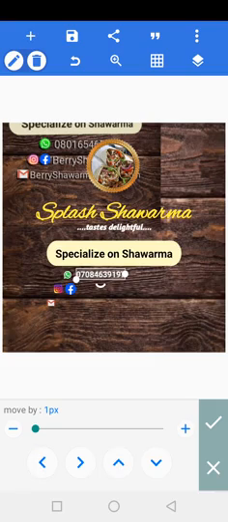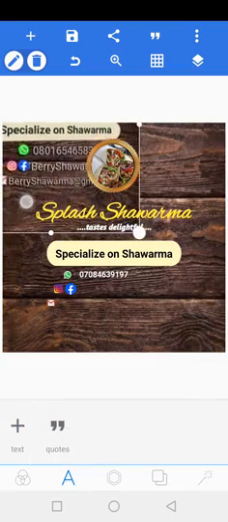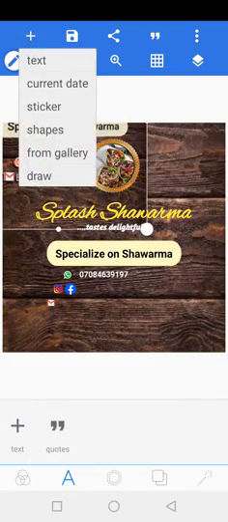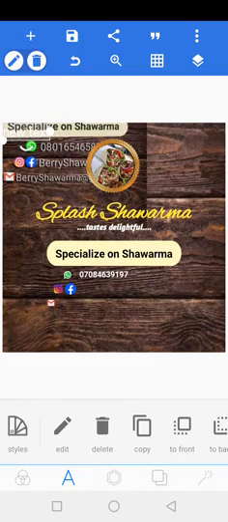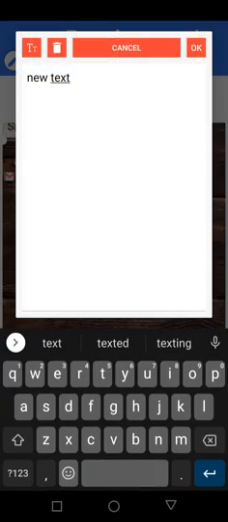So the next thing is, position it very well. Good. Then the next thing is my Facebook and Instagram handle. So I will take my text and I'll write